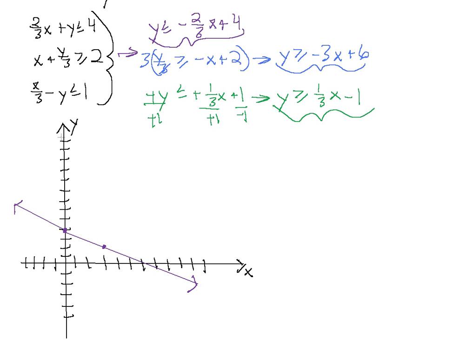Once we narrow it down to a region, it'll actually make a border, which we'll talk about in a second. So here, this blue equation, we're going to plug in 0 for x, which gives us y equals 6, which occurs right here. It's going to cross the y-axis right there. It has a slope of -3, so we're going to drop down 1, 2, 3 and move to the right 1,